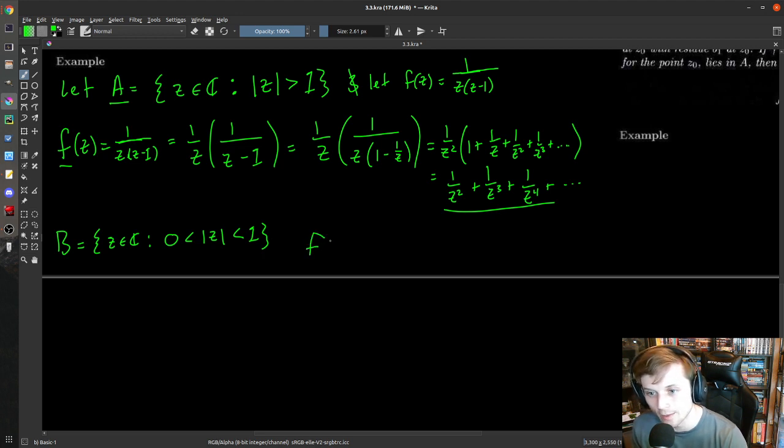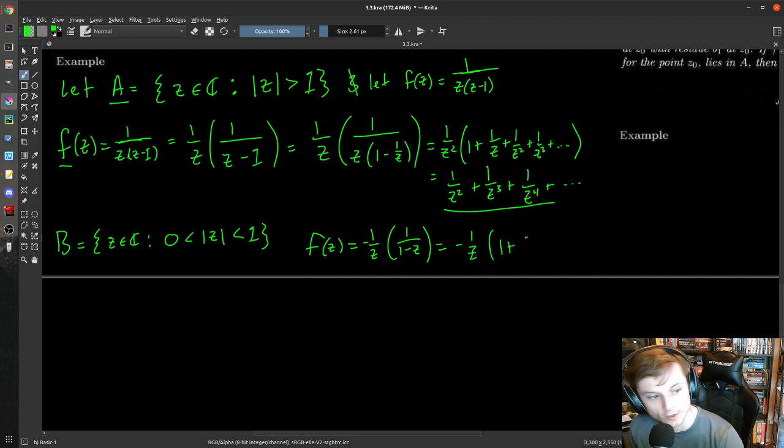Anyways, let's take out a 1 over z minus 1 over z, and then I'll have 1 over 1 minus z, and since z is less than 1 in modulus, this gives me exactly the geometric series again, and so I'll get minus 1 over z times 1 plus z squared plus on and on and on. And of course, this just turns into minus 1 over z